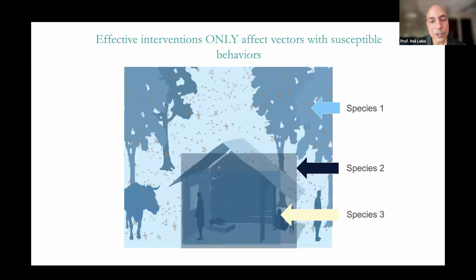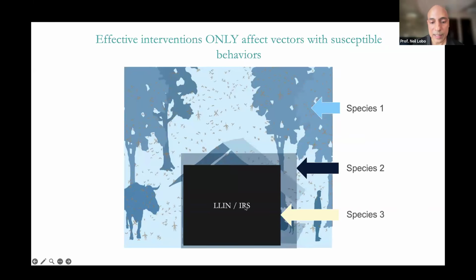So now let's take these 2 interventions and place them at our imaginary site. So that's where we place IRS and bed nets. Now, when we look at the figure in this manner, what is not covered by the black IRS and bed net square? Everything, right? Almost everything. So we can see that these indoor interventions will impact species 3 the most, species 2 slightly less, and probably won't impact species 1 much whatsoever. So these other species that are not impacted are the ones that sustain and carry on transmission.